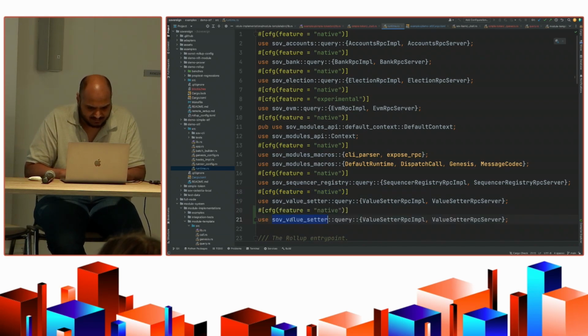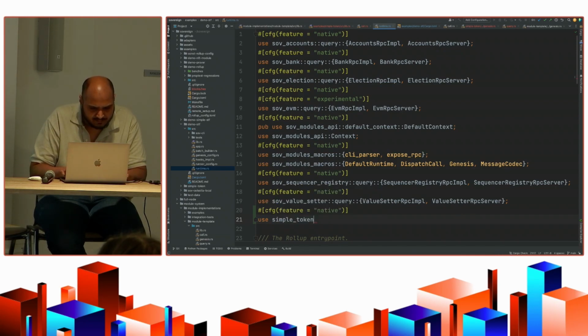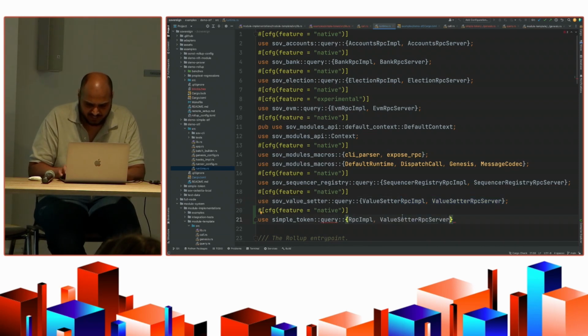So query, and these are auto-generated actually. There's an RPC implementation and an RPC server. If you notice, we didn't have to write anything related to RPC directly. So we're just saying a simple token, and I'll just call it like a